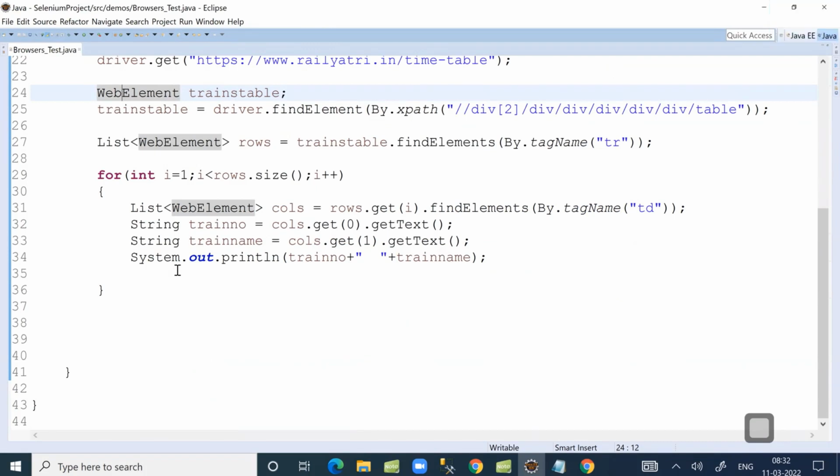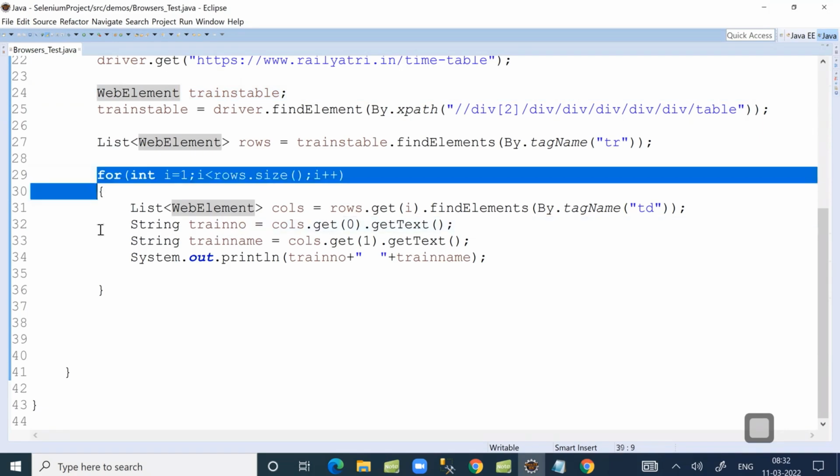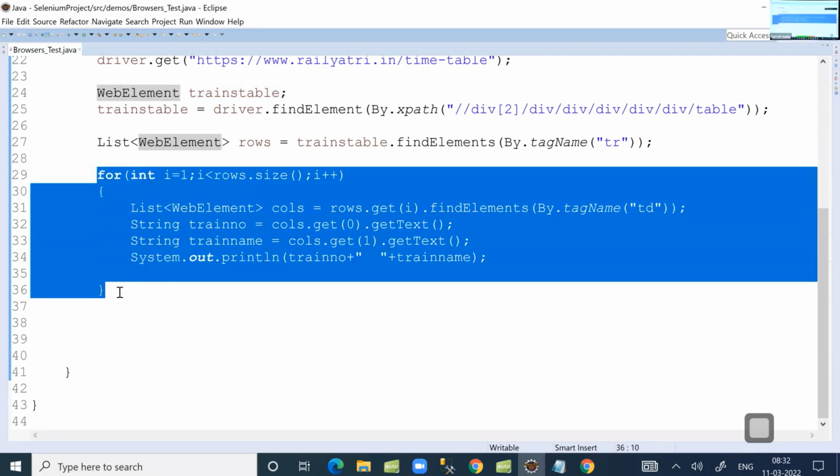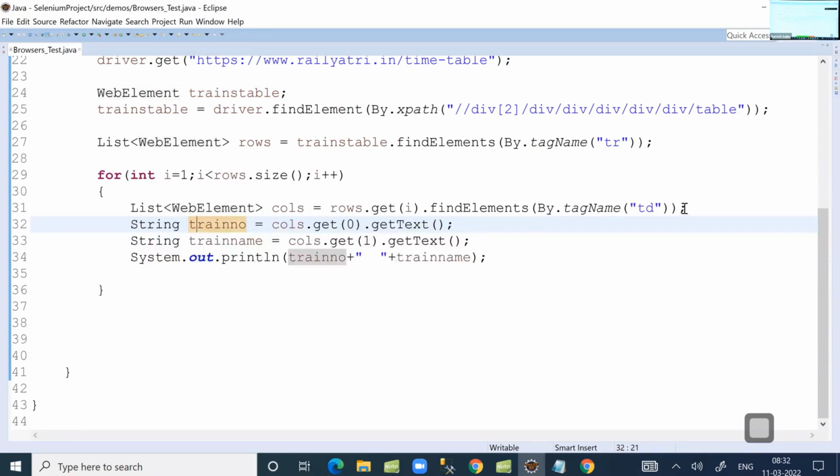We can have two for loops, one for the rows and one for the columns. The rows loop is already available in this logic. We are reading for the logic: go to the first TR element available in the list, 0 to